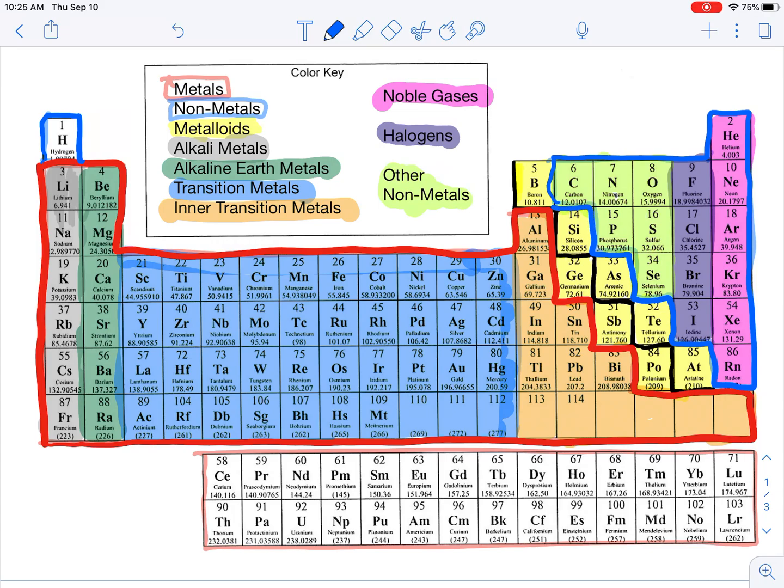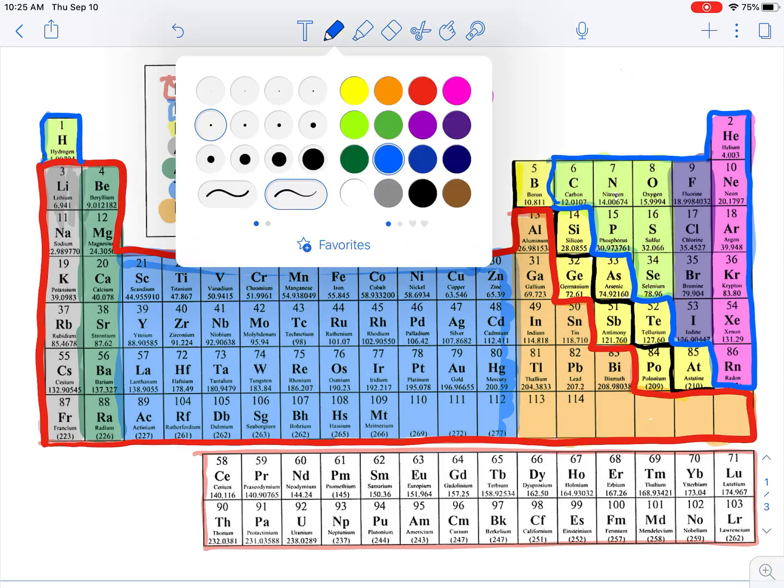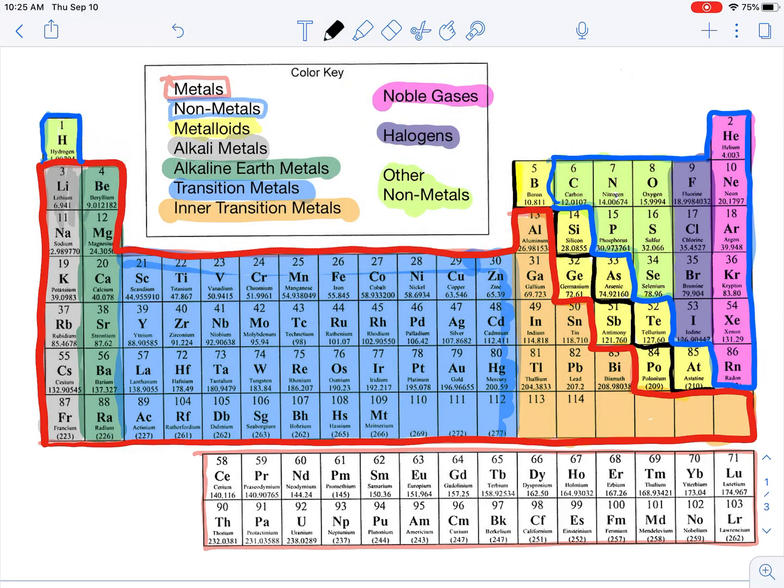Great. Oh, I forgot to color one. So let's go back to this. It's the same color. Hydrogen is my other nonmetal as well. And now, you're probably wondering, what are those two boxes at the bottom? Excellent question. These are what we call, and I'm going to be very specific about this. See those two boxes here? I'm going to outline those and draw them right here and right there. They would stack right there